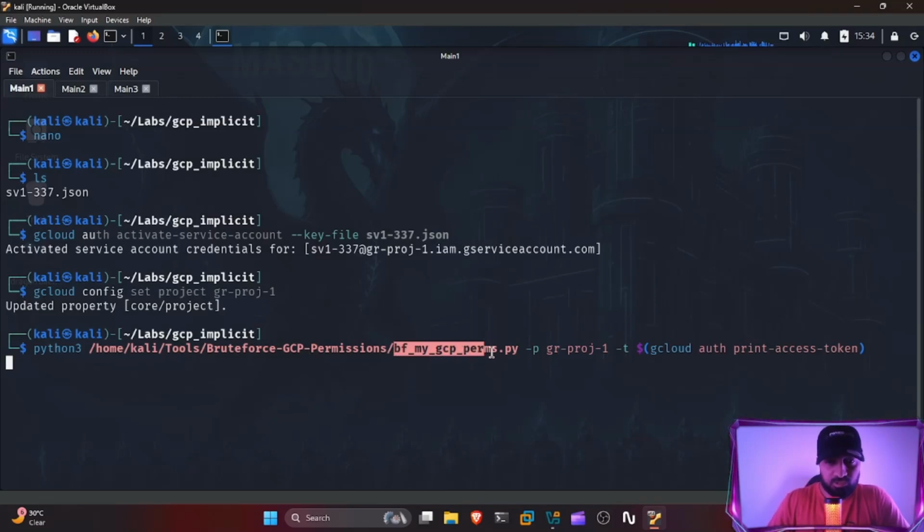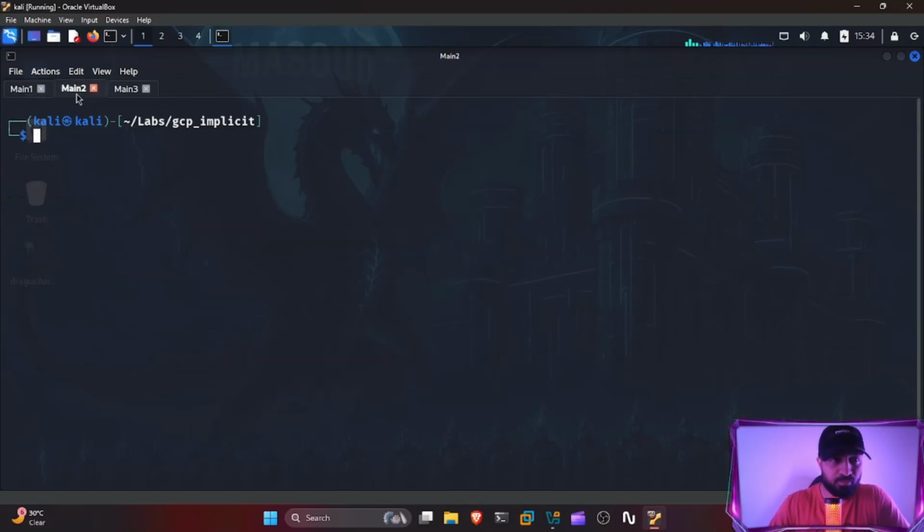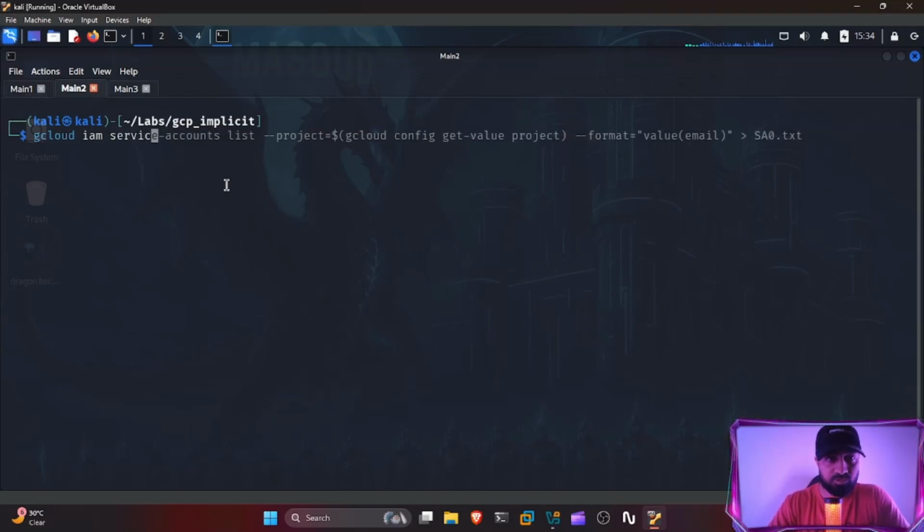You can get this permission brute forcing Python script off of GitHub if you just Google it. However, if you want to use any other script that brute forces permissions, that is also permissible. So whilst this is going on, let's go ahead and conduct some manual enumeration commands. Open up a different tab. And let's go ahead and run IAM service account